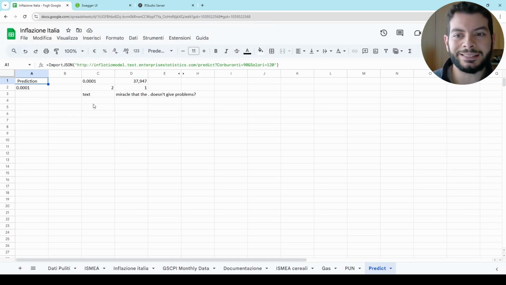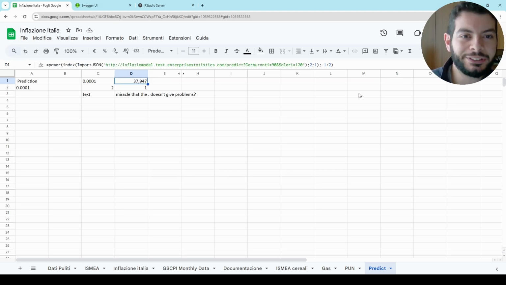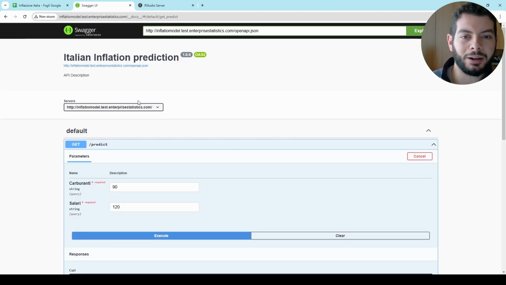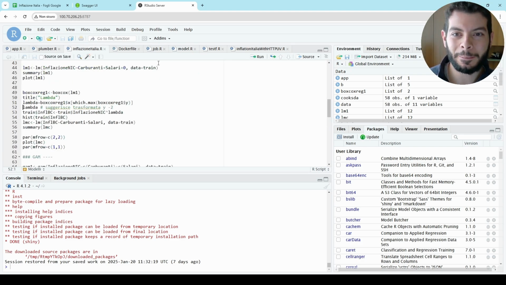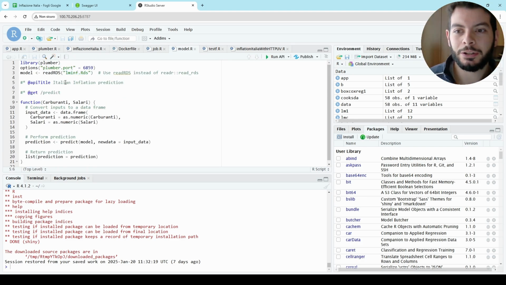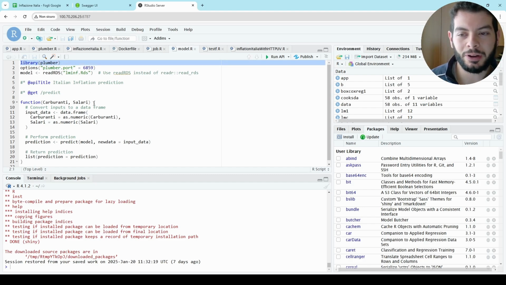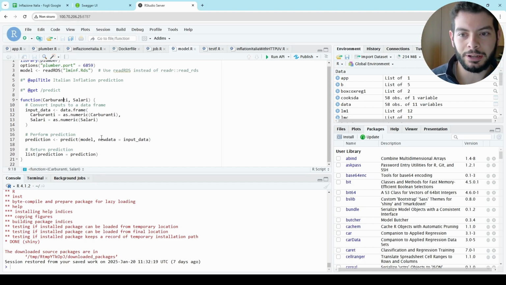So you can say that this one is our front end, and that is one part of our back end, one part. Because this model comes from a script, especially an R script, that you can see here. You see that the model comes from here, that comes from this file, and here we basically use this library of R to build the prediction.